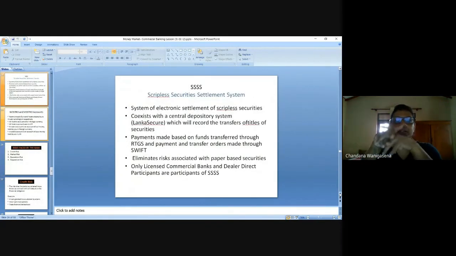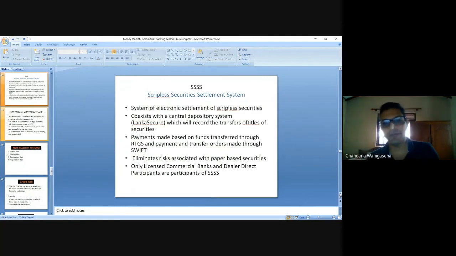Right. So the scriptless security settlement system is... So with fixed deposits and all, that is the investment that you, me and normal people, the general public, have. That is the security. They have no FD certificate, right? So similarly, when banks do their investments in treasury bills and treasury bonds, these are billions of investment. So they also need to have some kind of system. We can have an FD certificate, but they can't.